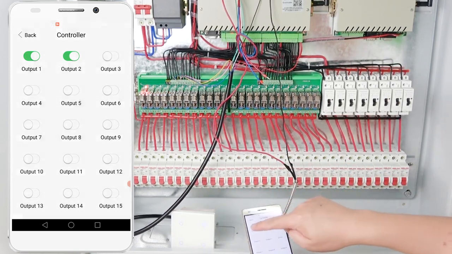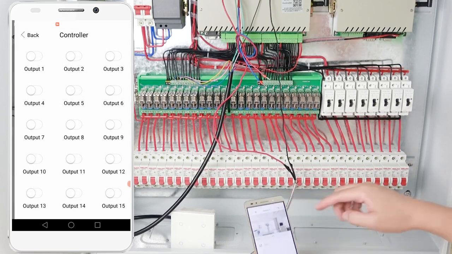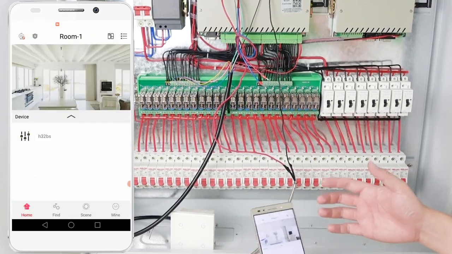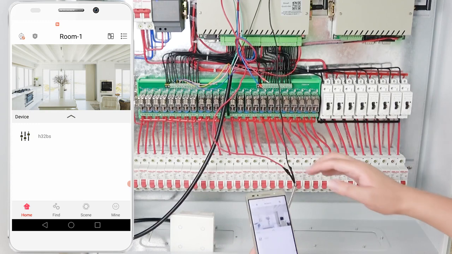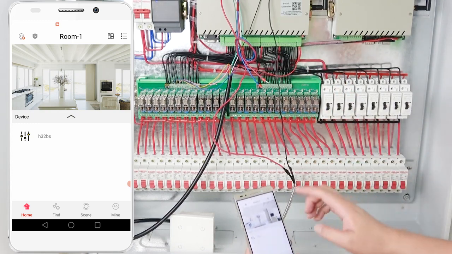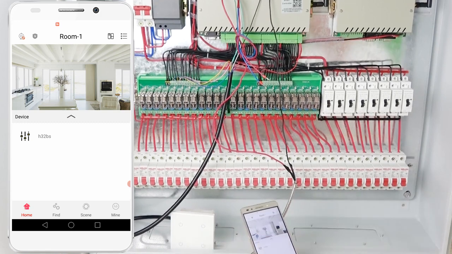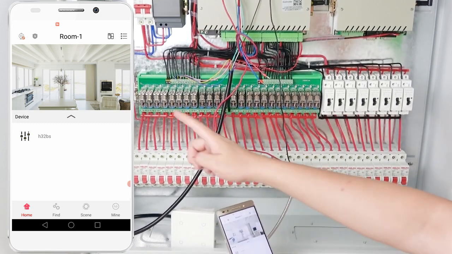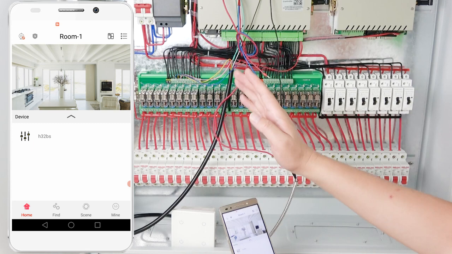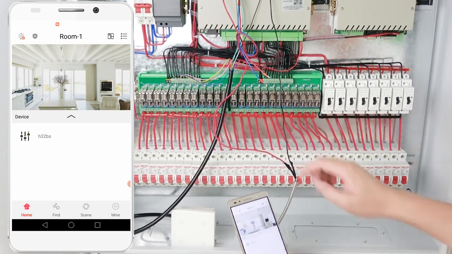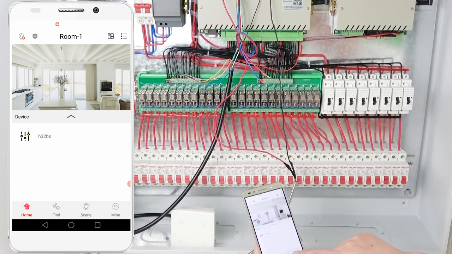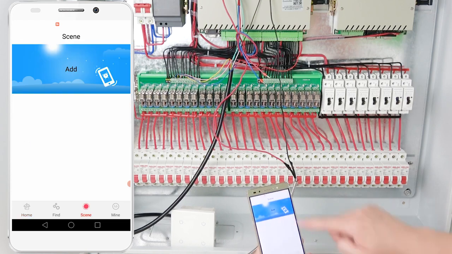Okay, now I will tell you how to use the door sensor to trigger a scene mode. So we need to create a scene mode, such as when the door is open, I can let relay 1 and relay 2, both relays, turn on. So I can create the scene mode like this, scene mode add,